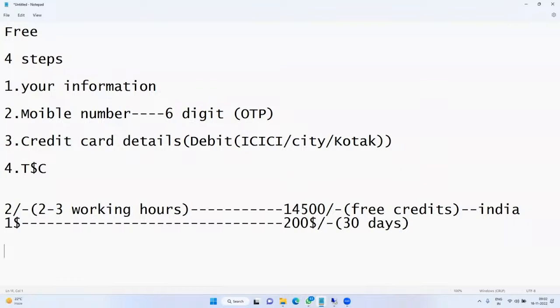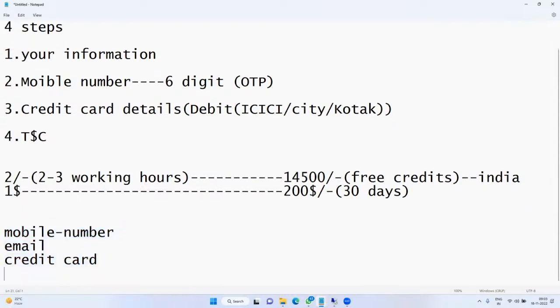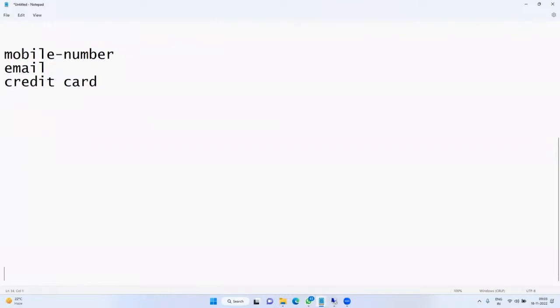To create another account, we have to change the mobile number, email ID, and the credit card number. You may doubt whether with one credit card we can create multiple subscriptions; not at all. We have to change all these 3 parameters: mobile number, email address, and credit card. If any one of these is matched, you cannot create another Azure subscription.